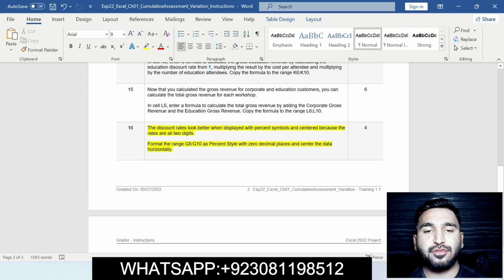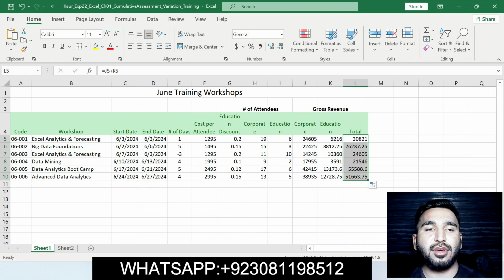Format the range G5 to G10 as percent style with 0 decimal places and center the data horizontally. Basically in this question we will enter this range and we will select this range and then apply percent style on these ranges with 0 decimal places and data will be horizontally centered. Moving on Excel workbook,